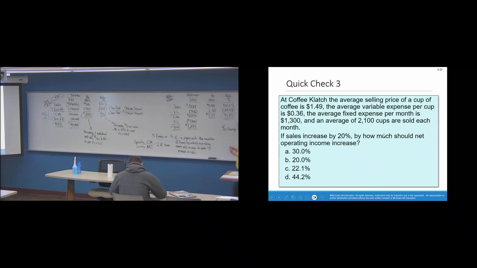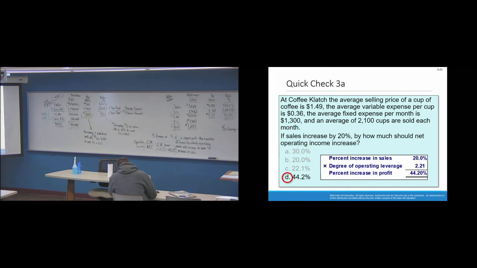And here we go. It says if sales increase by 20%, how much should operating income increase by? So all I'm going to do is take my 2.21 times and multiply it by 20%, and what do I get? I get 44.2. So that's telling me that if Coffee Clutch can increase coffee sales by 20%, up here, this net operating income should go up 44.2%,